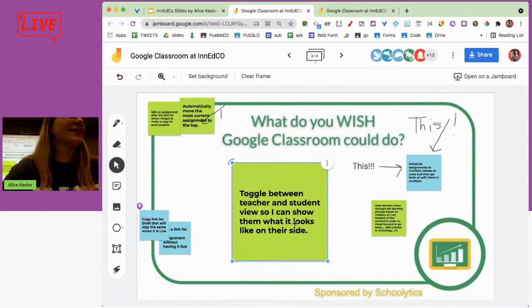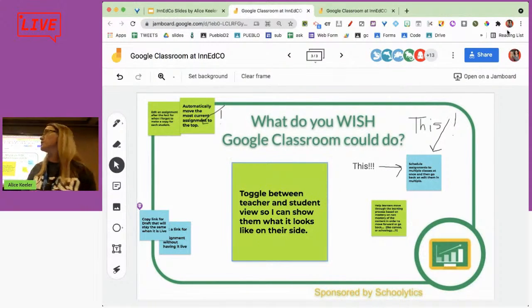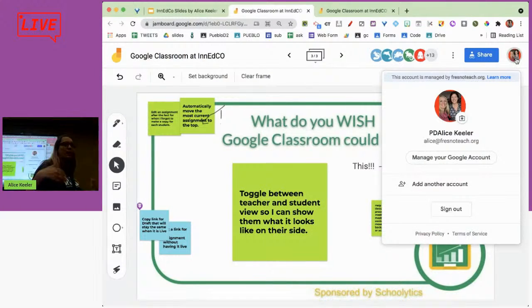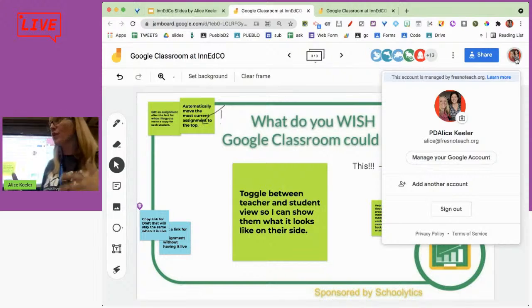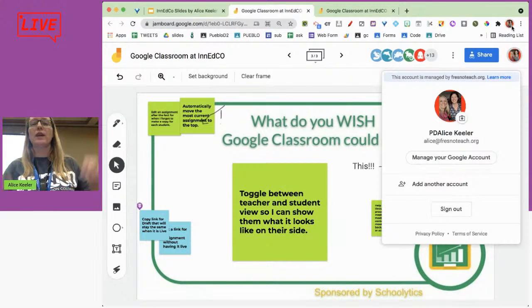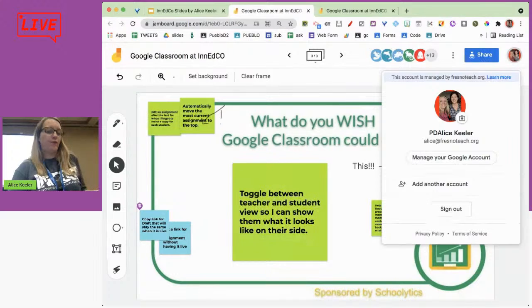But you can ask your IT person to make a fake student and enroll them in your classes. It's not ideal, but I hope what all of you are doing is when you click on your picture that it only shows one account. If it shows more than one account, it causes some account conflicts. So instead, you want to come up a little bit higher. I have a few Google accounts, just a couple.